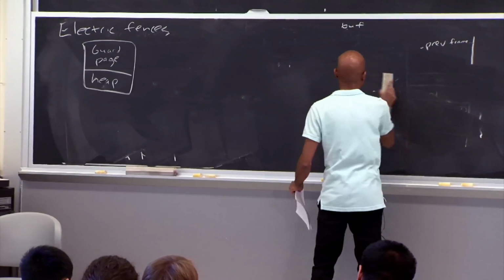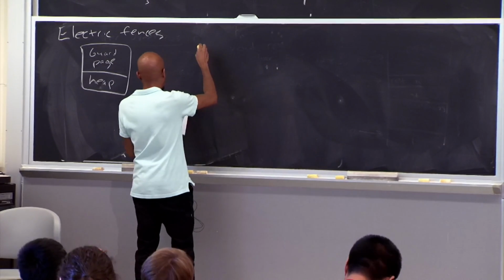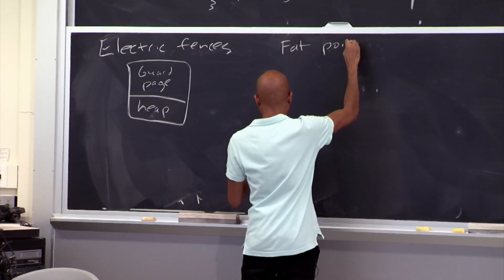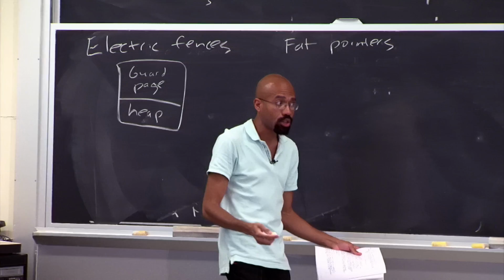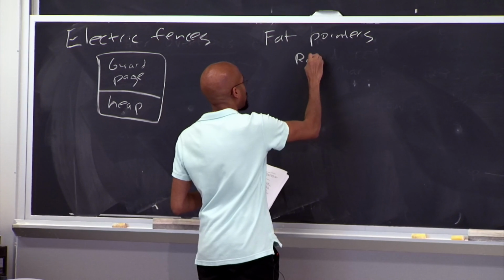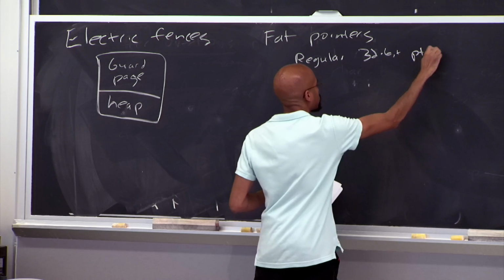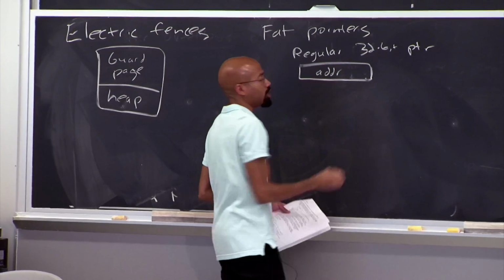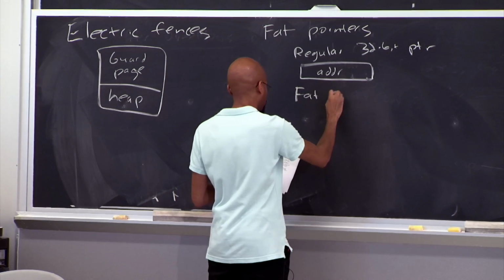And then another approach you could look at is what they call fat pointers. The idea here is that you want to modify the pointer representation itself to include bounds information in it. So if you look at your regular 32-bit pointer, what does it look like? Well, it's just 32 bits, and you've got an address in it, right? If you look at a fat pointer,